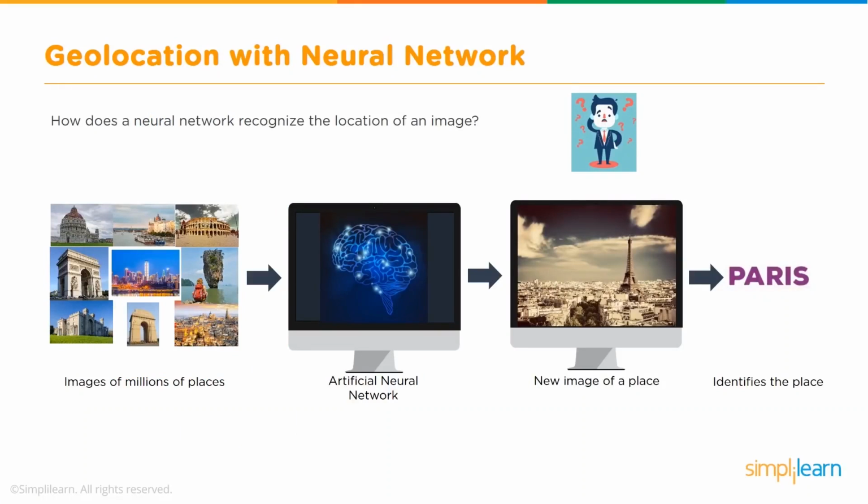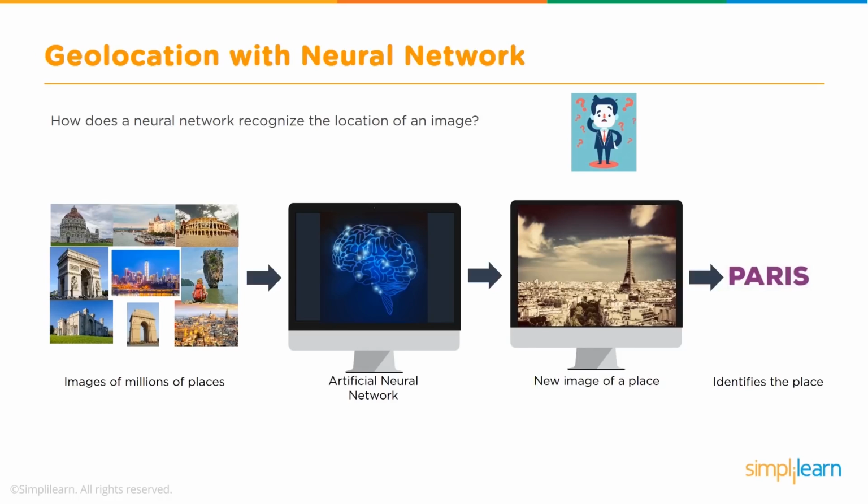Now, there are several applications of deep learning, really very interesting and innovative applications, and one of them is identifying the geographic location based on a picture. And how does this work? The way it works is pretty much we train an artificial neural network with millions of images which are tagged, their geolocation is tagged, and then when we feed a new picture, it will be able to identify the geolocation